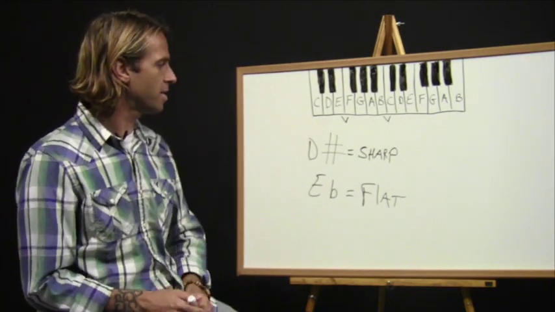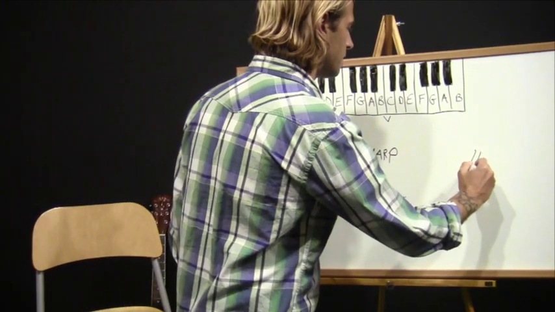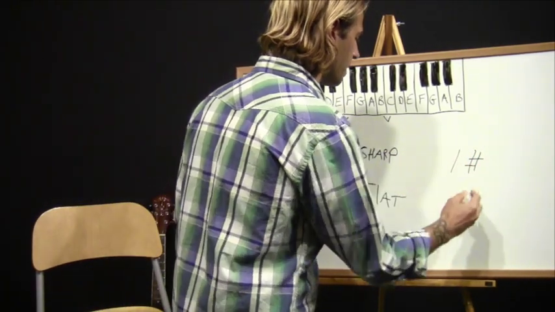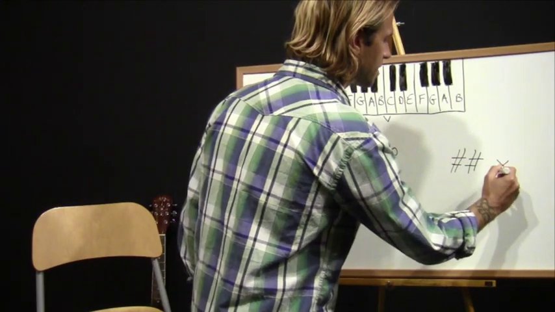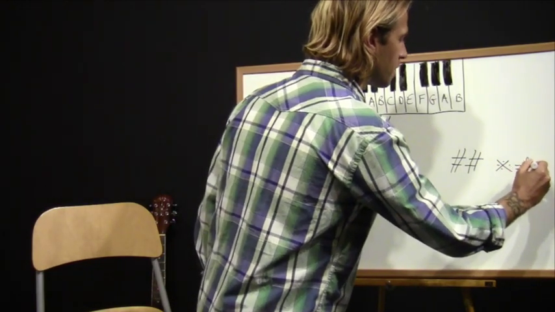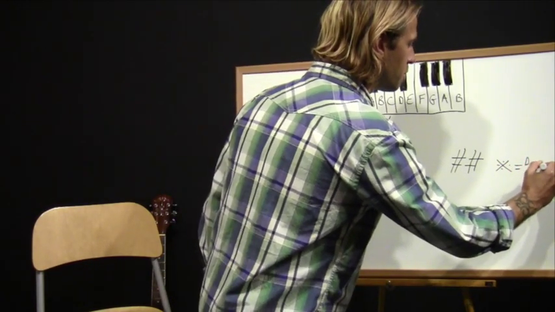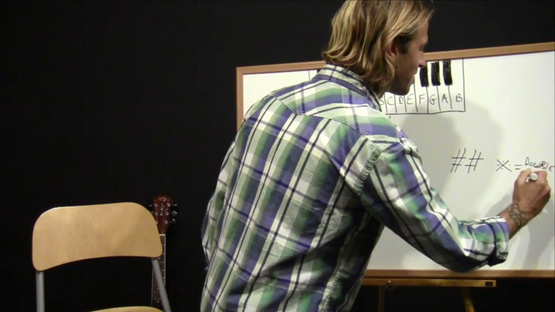You may come upon, in music, what's called a double sharp, where you have two of these, and they actually will mark it as this little X symbol here, and that equals a double sharp. Now, how would you find